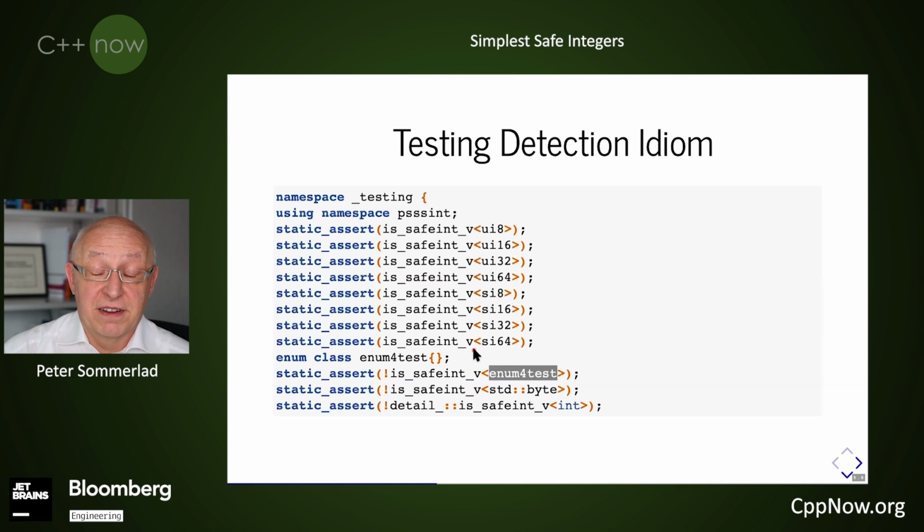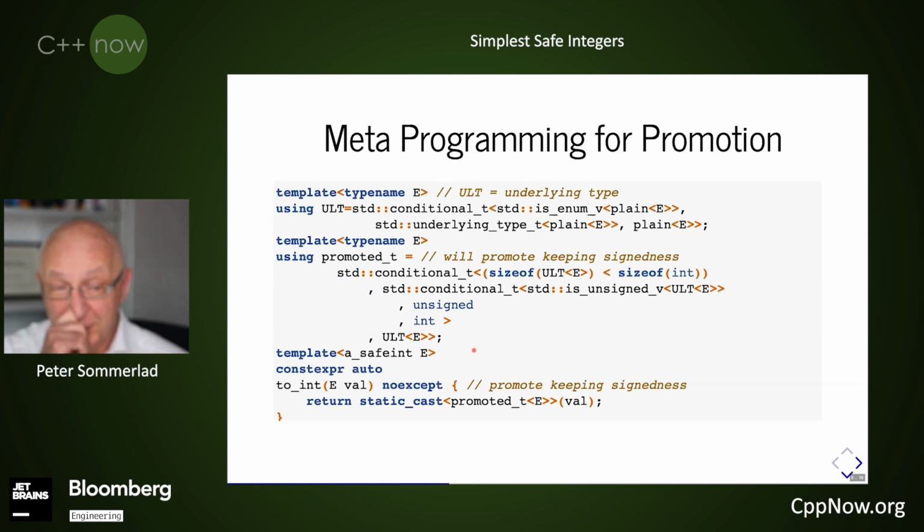Now that's the basics. Now, one thing that I wanted to actually address was the promotion with the same sign. So I allow integral promotion because we actually have to make the arithmetic somehow map to the built-in types, because that's where the arithmetic operators are actually defined. But we don't want to promote an unsigned character or uint8_t or ui8 to a signed integer. And how to get there requires some metaprogramming.